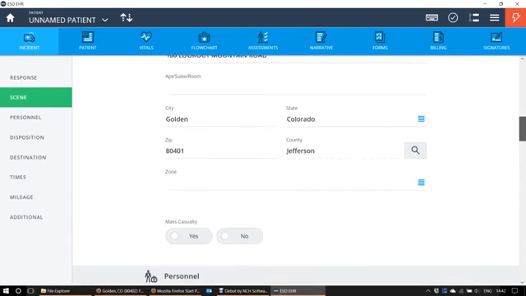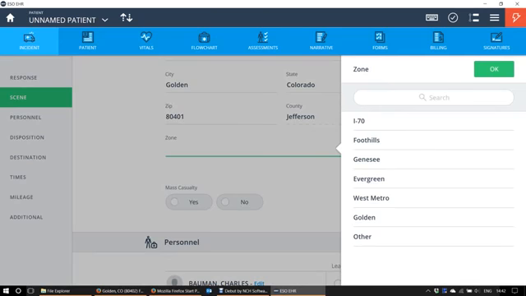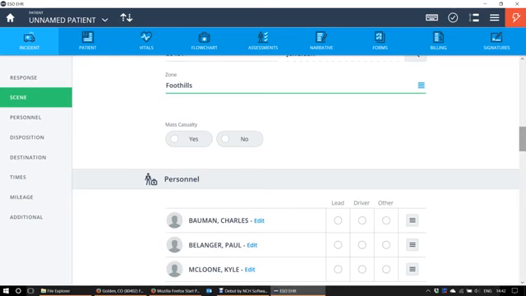Zone is very important, and it works the same way as it worked on the old paper records. The zones are either I-70 Foothills or Genesee. All these are for our other districts outside of our normal response. But I-70 Foothills, Genesee, and it has to do with what fire department you're responding with. Foothills is going to be anything with Foothills Fire. Genesee is going to be anything with Genesee Fire. So this one's Foothills since it's 100 Lookout Mountain Road, and your mass casualty event, whether it's a mass casualty